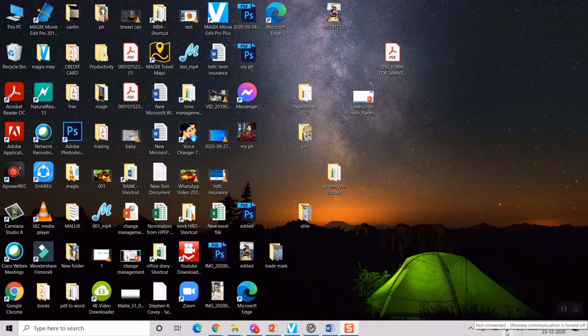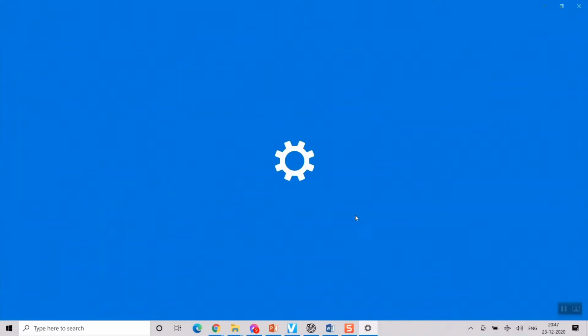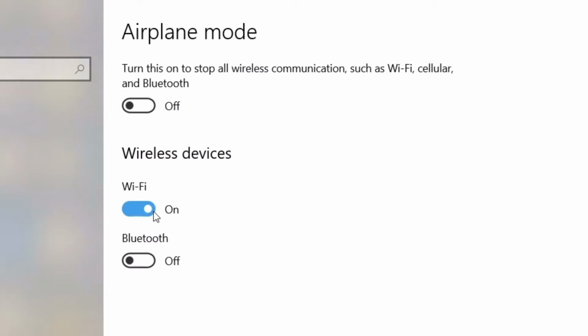So once again, if I just right click on the airplane mode here, I can go to settings and see. Once I turn it on, my Wi-Fi is turned on. So you can also even control Bluetooth from here. If I switch it off, both turn off. Once again I switch it off, both turn on, Wi-Fi as well as Bluetooth. If I switch it on, both turn off. You can choose the settings here. So if I do that, I can't switch on my Bluetooth while I am in airplane mode.